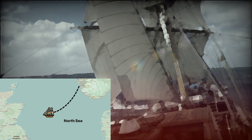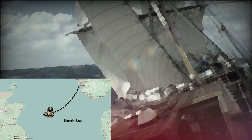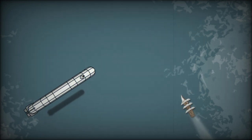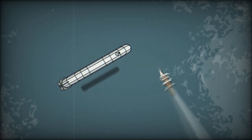Possibly the most notable event in the career of this Zeppelin, however, was the capture of the Norwegian sailing ship Royal en route to England in the treacherous waters of the North Sea. It's not the sort of thing you'd expect something as cumbersome as a Zeppelin to be able to do. Even a large multi-mast cargo ship, a bark, could be considered agile compared to something as unwieldy as a World War I-era Zeppelin. But on the 23rd of April 1917, the commander of LZ-66 was able to maneuver his vessel